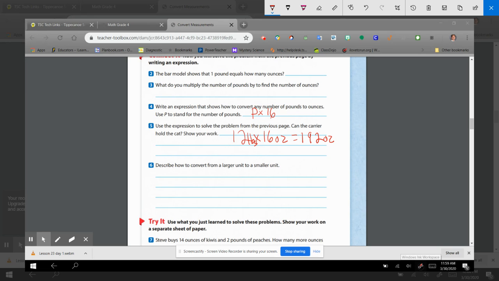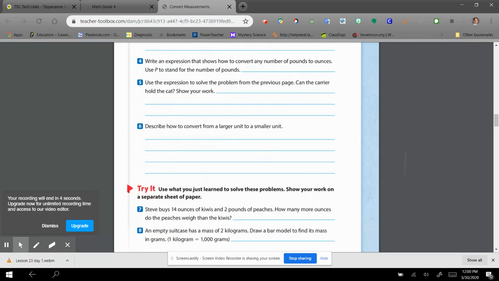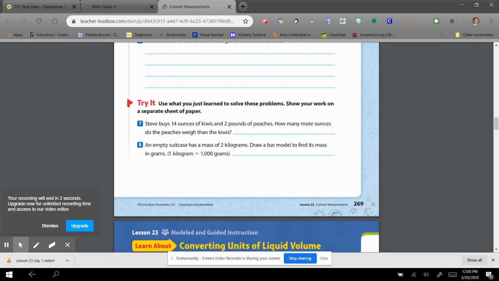Now, at the bottom of the page, go ahead and do the Try It on your own and pause it. And then when you